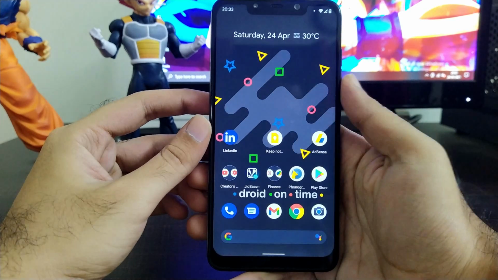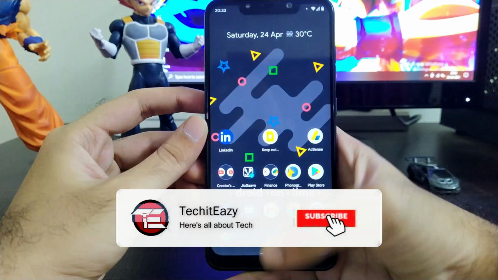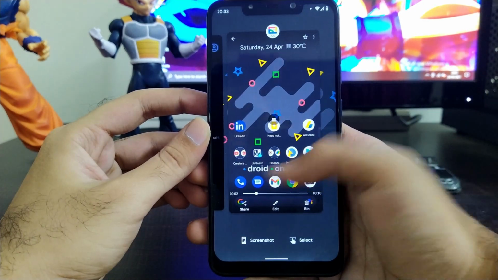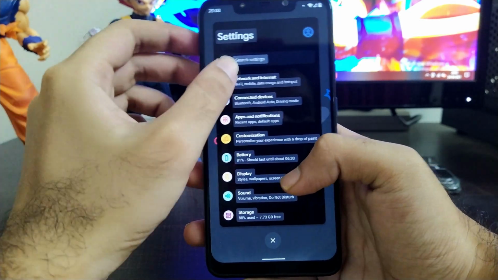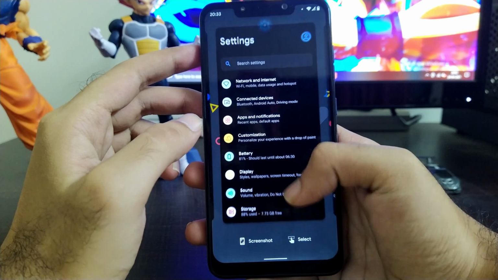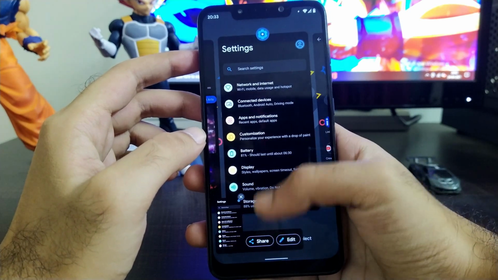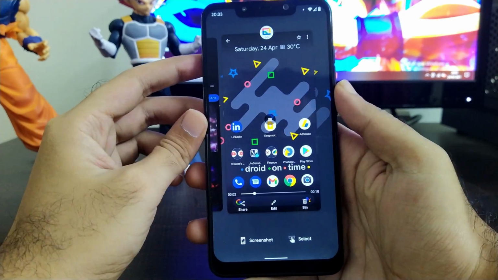Moving further in device controls, long pressing the power button you will get that generic Android 11 settings, screenshot from the task menu, and select the text from the task menu from a particular screen. Everything works superbly fine and there are no issues at all. All the Android 11 options work perfectly fine, and that's how the complete bundle of the OS customization seems.